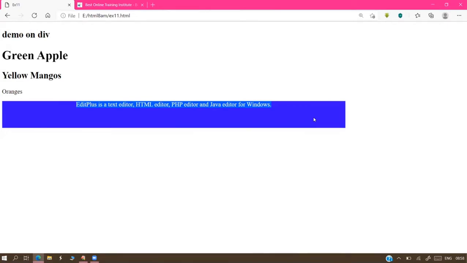If you want to get a clear effect, change the paragraph background color also. We changed the division tag background color to blue, and the paragraph background color is also blue. So whether the tag is moving or not, we are unable to identify. If we create both tags in two different colors, then we are able to identify it.